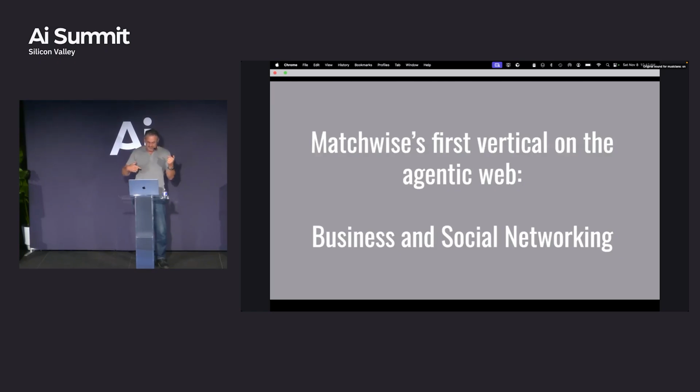So what I'm working on specifically for my little company, Matchwise, there's lots of ways of solving the markets here. I think business and social networking is an amazing space. A bunch of you are here today because you want to learn technology, but some of you are here to meet people too. And there's an amazing person in this room, and why didn't you find them right away? So I think that's a great problem to solve.